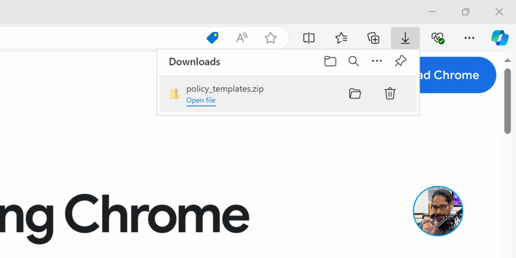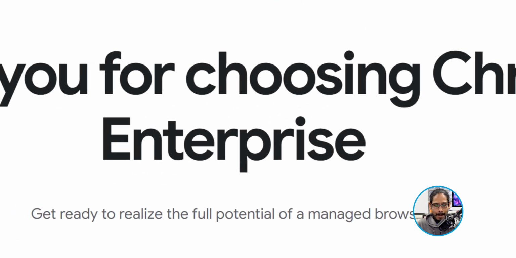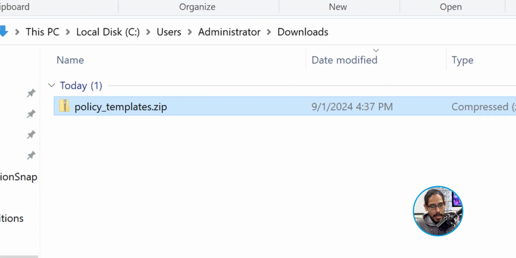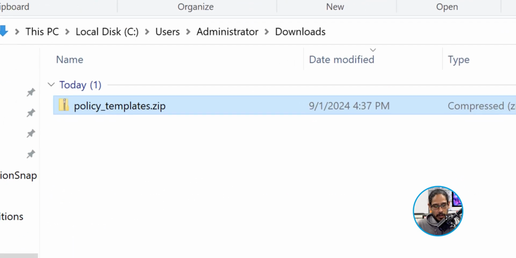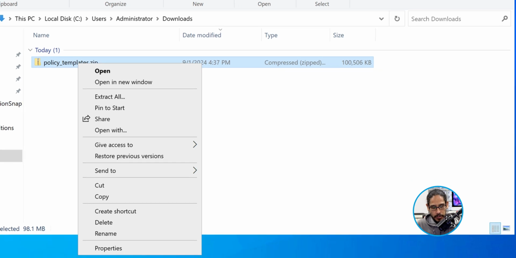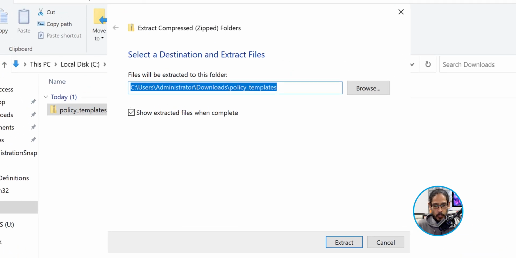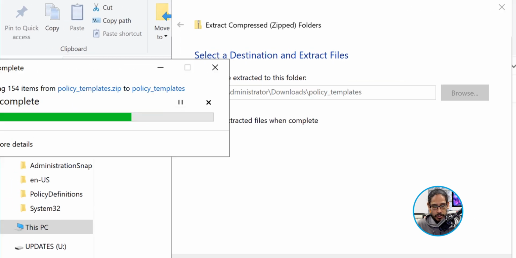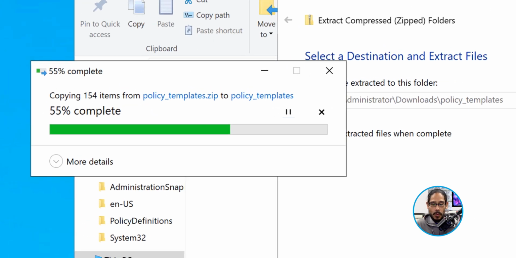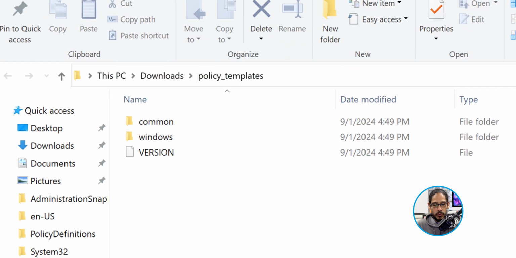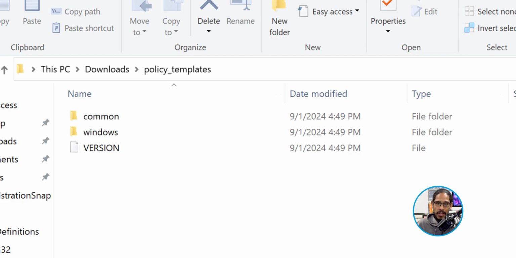Awesome. We're going to click on that little folder right there, and it's going to basically take me to my downloads folder. So let's click on that. Boom. Awesome. We're going to select that zip file. We're going to right-click on it, and we're going to select extract all. You're going to get this nice little window. We're going to click on extract. Give it some time. Once everything is done, it is going to open up your new folder that you extracted from the zip file.